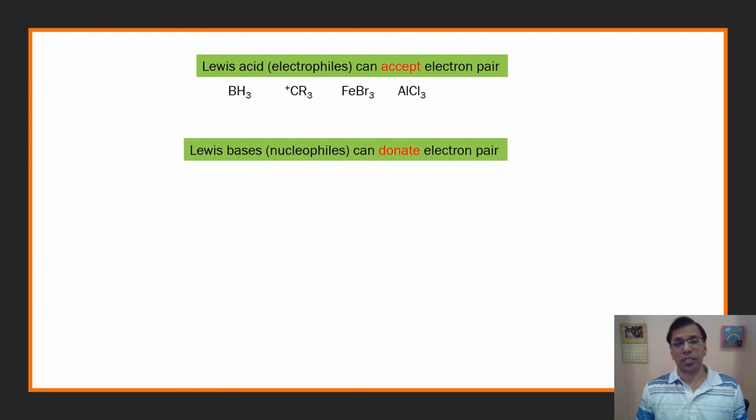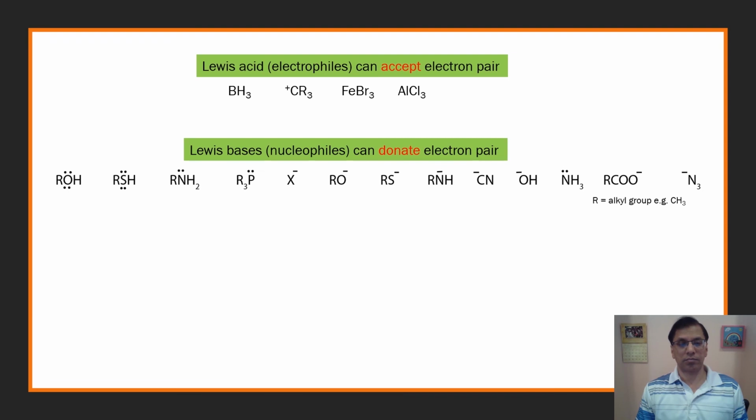Lewis bases, on the other hand, can donate electron pairs, and they are known as nucleophiles. Common examples are alcohols, thiols, amines, phosphines, and X negative, which is halide. You have alkoxide and several different